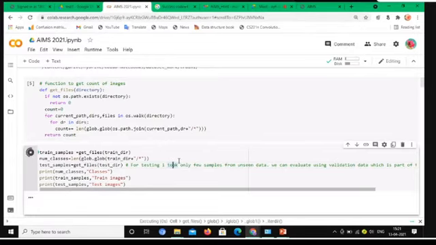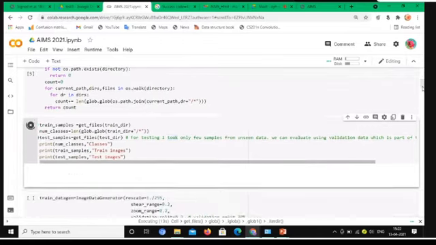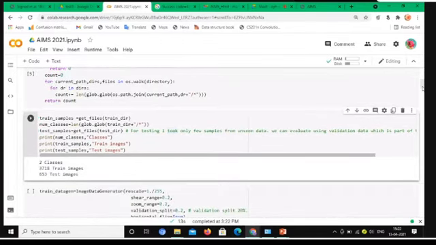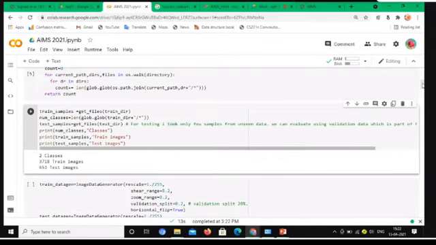So the training samples, number of classes and test samples come from get_files, and it prints the number of classes. Here there are two classes, 3718 training images and 653 testing images.